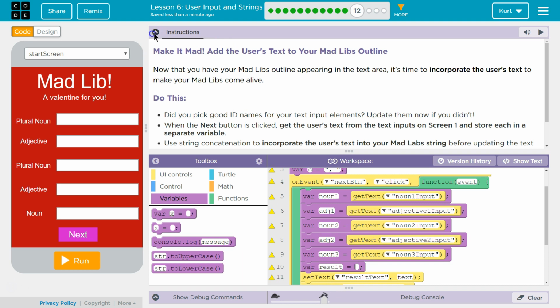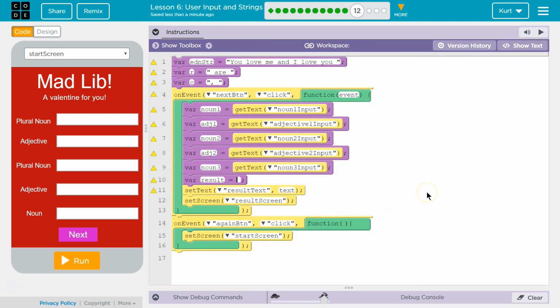And so what mine's going to be, result's going to be equal to, and this is where you concatenate, you join together, you push all your strings together, is going to be equal to, actually, the string that noun1 plus R plus adj1, their first adjective, plus my comma, C, plus, and I guess I could have done, right, like this would also work, if I wanted to do that, plus noun2 plus adj2 plus, plus, comma,